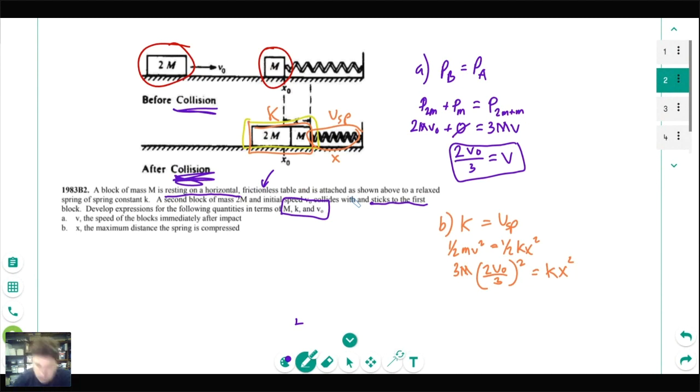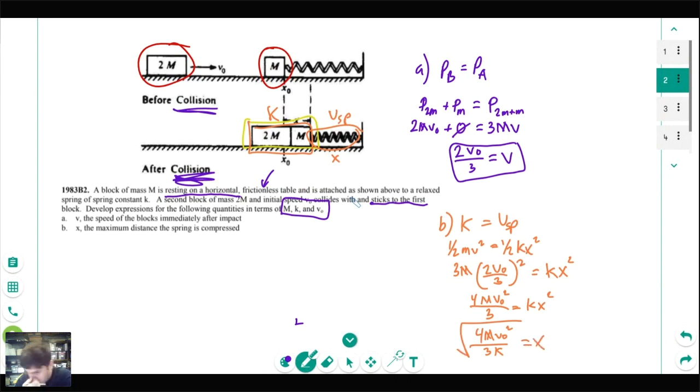All right, a little bit of working here. 4 v naught squared over 9 times 3m, so that's 4 m v naught squared over 3 is kx squared. And then finally solving for x completely here, 4 m v naught squared over 3k, square rooted,